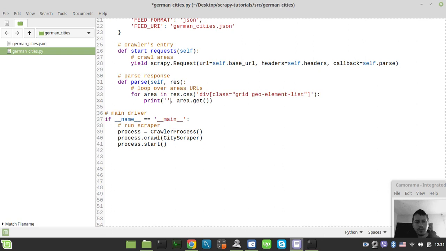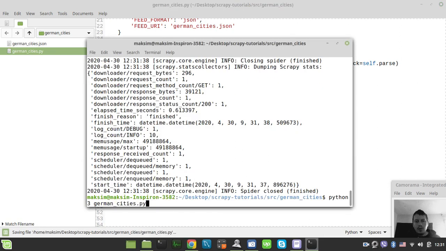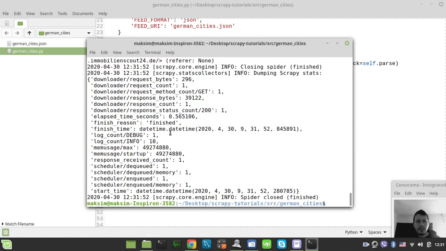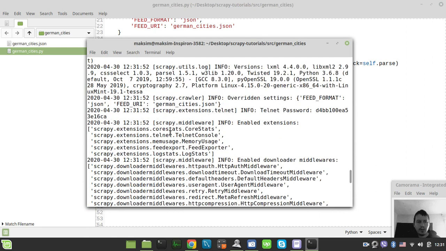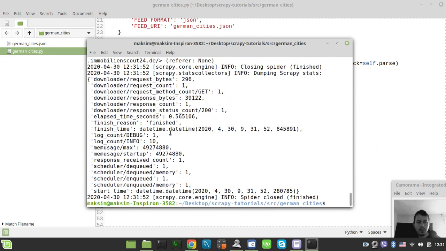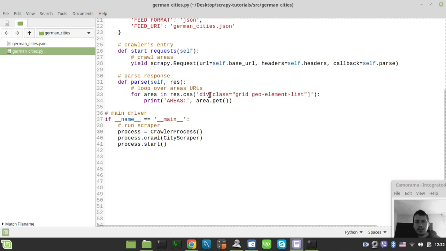I guess the selector is just wrong. Okay, so areas. Just to make sure that callback actually fires here. Does it fire? Hold on a sec. Oh, it doesn't fire because, yeah, this doesn't seem to be. Okay, so